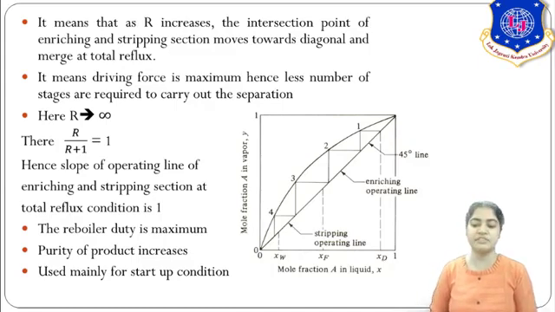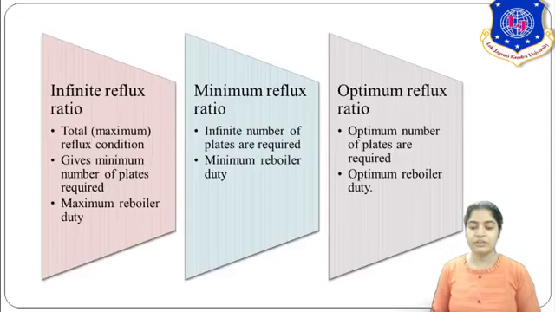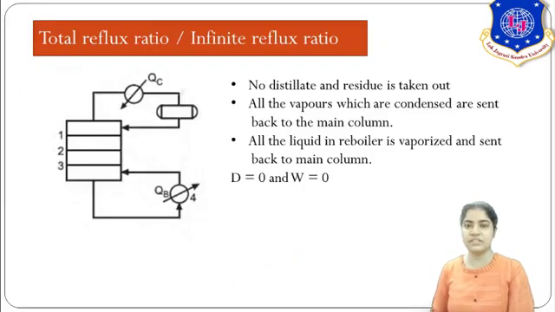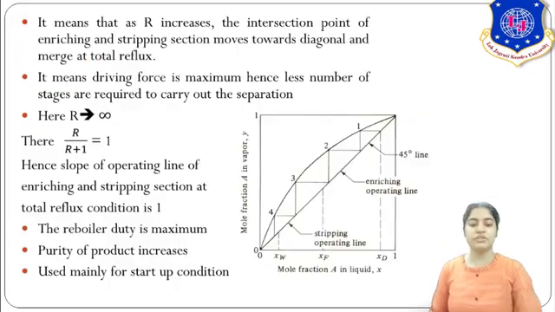So here you can see in the figure that the operating lines of the enriching section and stripping section have both merged with the diagonal. So that is the meaning of total reflux. Here, what is R? Reflux ratio. It means it is infinite. You can see from the analytic point of view, R is L by D. But here the D value is 0. Hence L by 0 is infinity. So the value of reflux ratio here is infinity. At total reflux, your R value is infinity. Whereas the slope of your operating line, R upon R plus 1, is equal to 1. Your slope of the enriching section is 1 at total reflux condition.